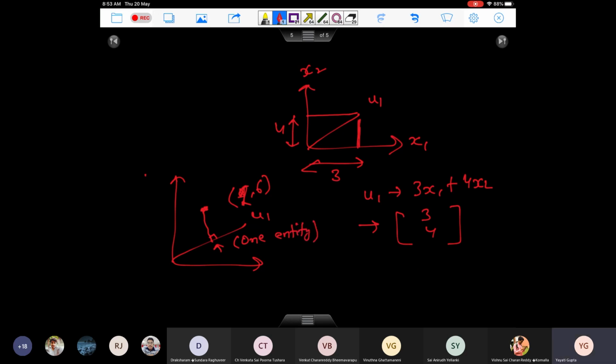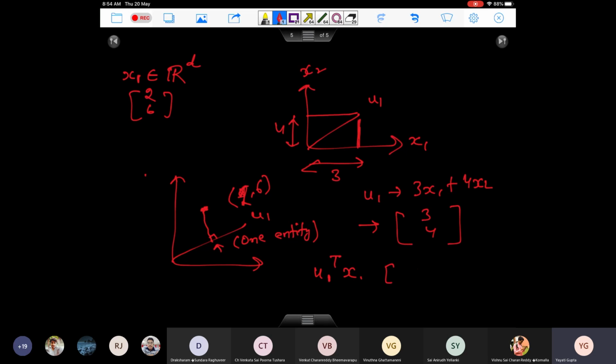Basically one scalar entity. So if you look at this, what you will essentially do is compute... sorry, I'm making one more change here. I am still using this column vector notation. If you remember, we started with each data point as a column vector. So if I use this notation, 2,6, what you will do is try to compute u1 transpose x.